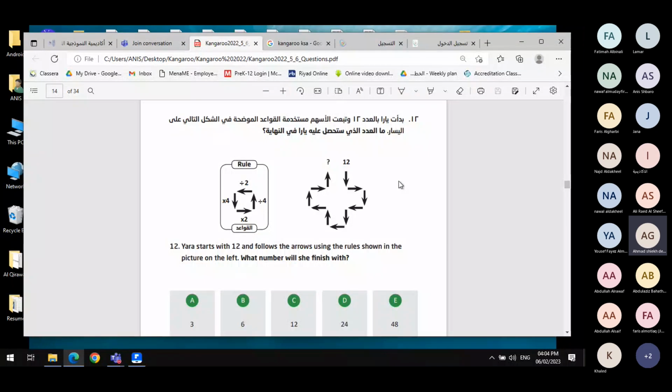Now, Mr., when she is at 12 and goes down, we multiply by 4, right? If we multiply 12 by 4, it gives us 48. Then we go right, we multiply by 2. 48 times 2 gives us 96. And now we're going down, so we are going to multiply 96